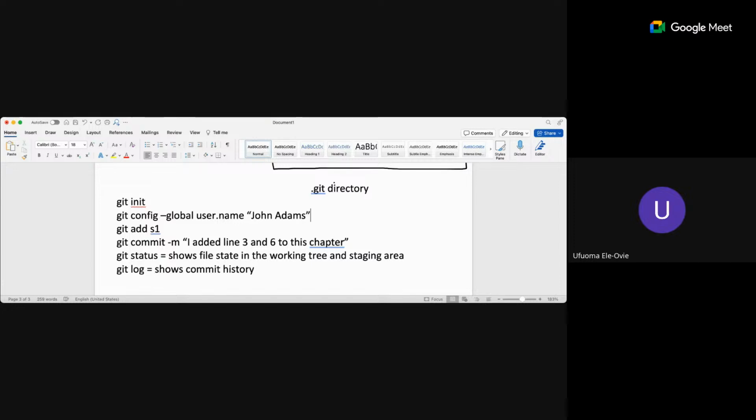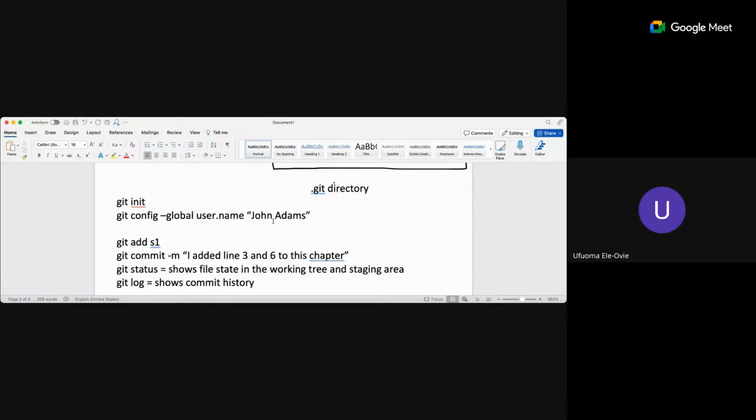So what that does is to ensure that you have been captured as the person that is managing this repository, the one that is making the changes, right? If you also want to, the next one will be git config --global user.email, right? And then